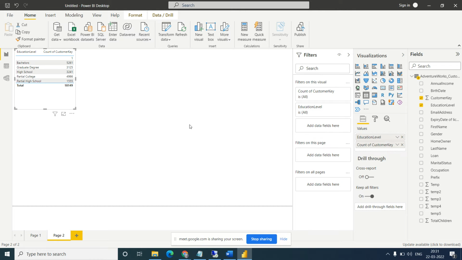Okay, so now you can see how many customers we have. I want to show them from top to bottom. So just double click on the count field. Higher values will come on the top and lower values will come at the bottom. So we can see bachelors has the highest, then second highest partial college, third highest high school and graduate.